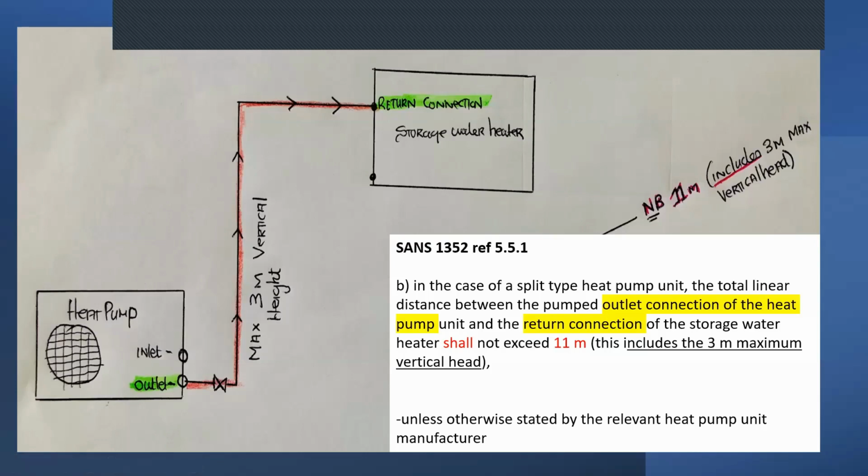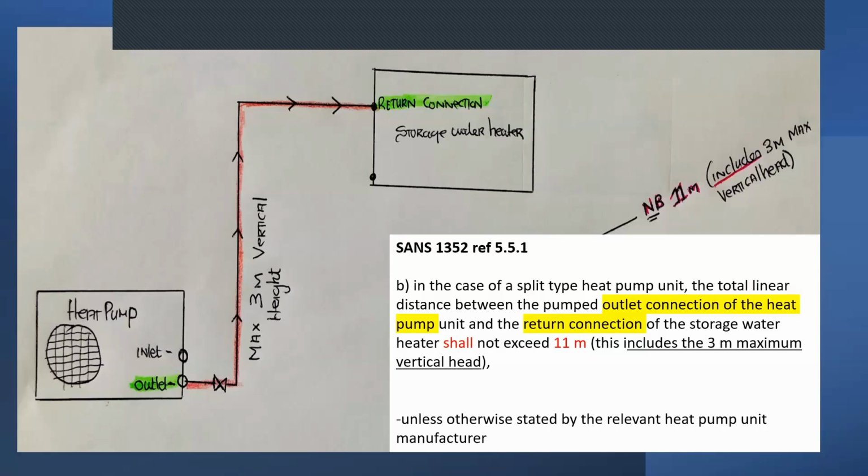So before we talk about my drawing, let's just have a look at the wording in SANS 1352, under reference 5.5.1b. It says, in the case of a split type heat pump, if you can recall, there were two different types that I showed you, but the one that's separate, that's remote, the heat pump unit, the total linear distance between the pumped outlet connection of the heat pump unit and the return connection of the storage water heater shall not exceed 11 meters. And then in the standards, it's got in brackets, this includes the 3 meter maximum vertical